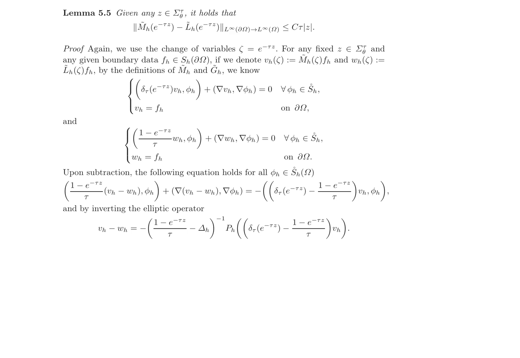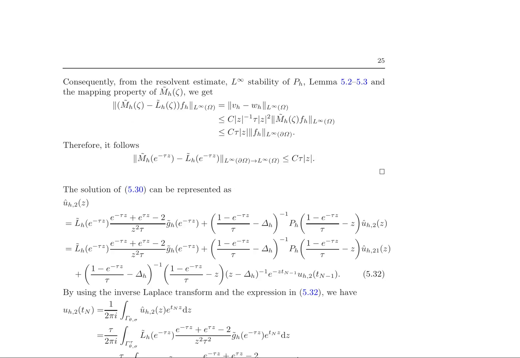WH are the solutions of two elliptic problems. The equation is then inverted to obtain an expression for VH minus WH, which is used to establish the desired estimate. The L infinity stability of the operator pH is established through the resolvent estimate, lemma 5.25.3, and the mapping property of MH, zeta. This leads to the inequality, a nabla dl, mh, zeta, minus lh, zeta, fh, a nabla